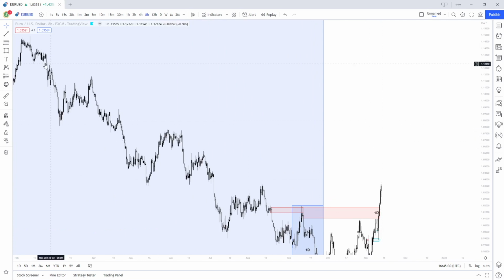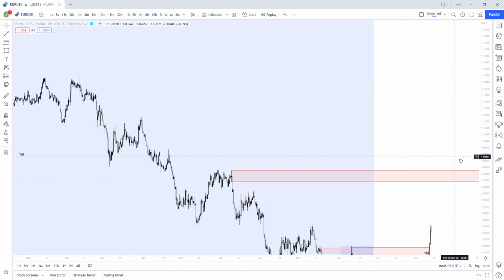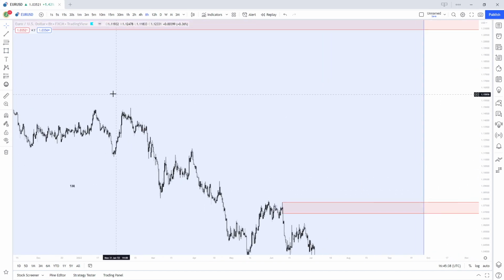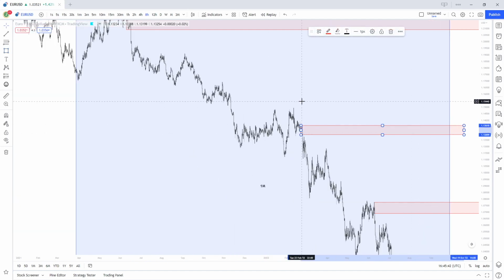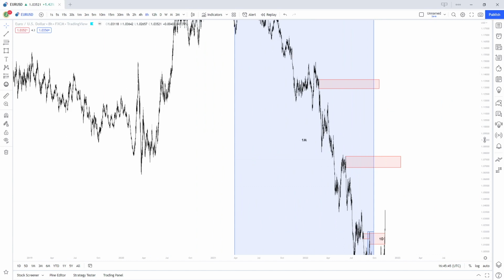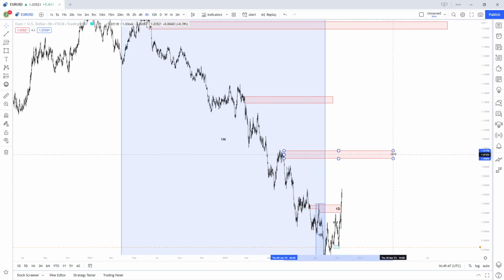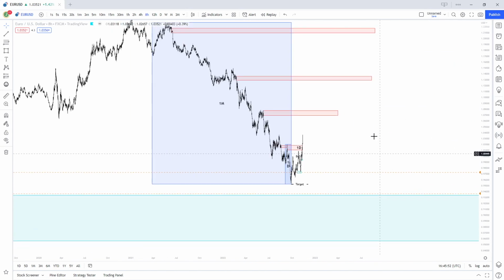I'm going to be looking back through to find any regions that remain unmitigated, but just off the top of my head, you see I'm identifying a few regions here that do act as buy to sell regions where we've not seen any price come back into it. So there's going to be a fair few within this entire 1 month impulse, because we see that it was quite a high volume bearish move where the correctional waves were not too deep, therefore it wasn't the most efficient structure, which means there's going to be a fair few supply zones left over, which we can identify. You see I've identified a few already.